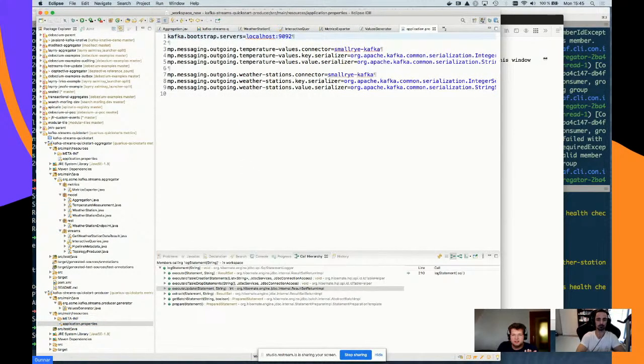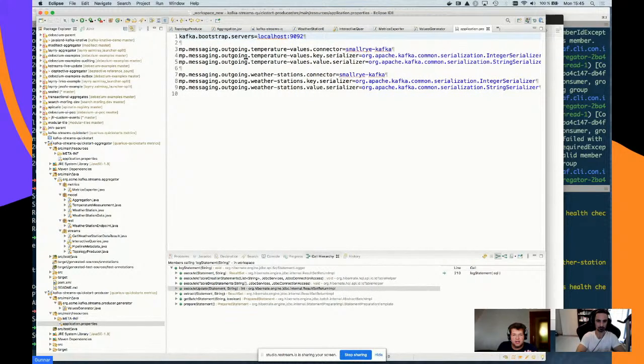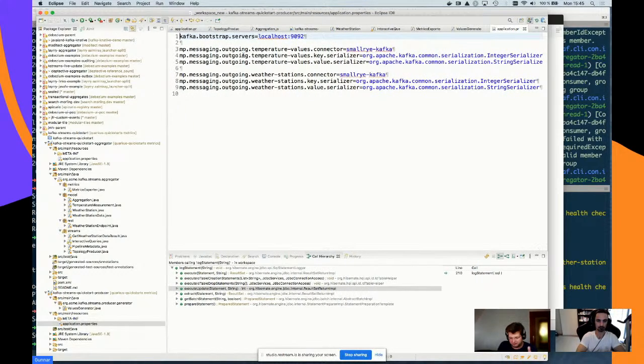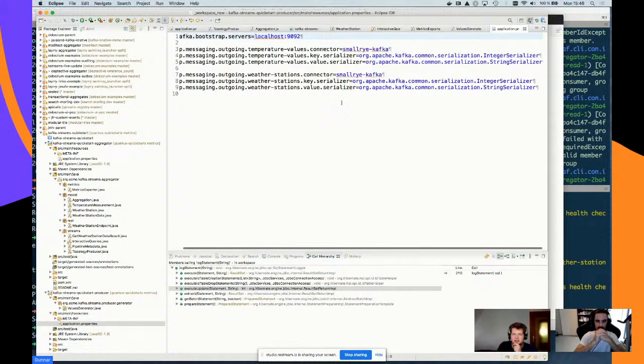So here, essentially, I'm saying, okay, this is outgoing. It could also be incoming if I were to consume a topic, but in this case, I'm just producing data, so it's all outgoing. And it says, okay, this should be this logical channel, temperature values. It should use the Kafka connector, so there could be different connectors, and it still gives me one unified API on top of that.